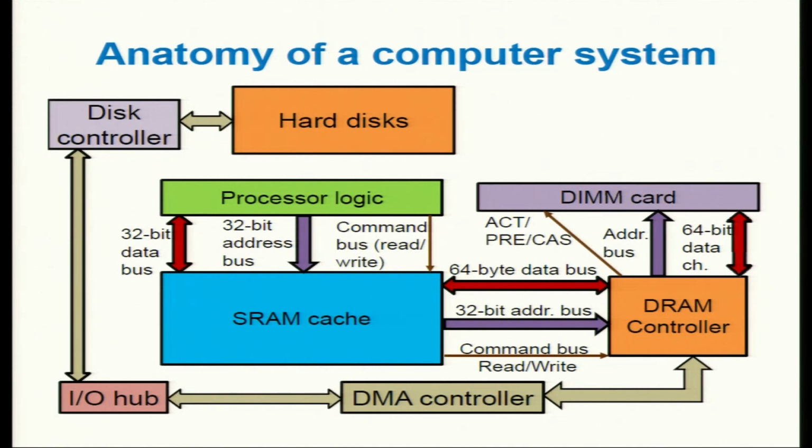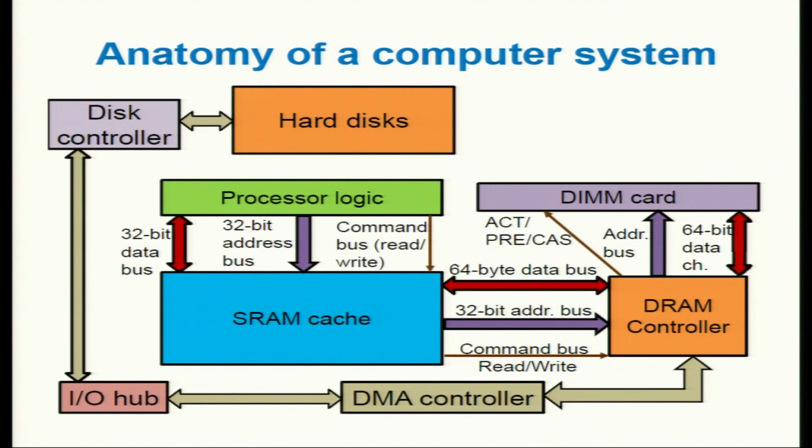And since this is on chip, it is quite small in size, maybe a few tens of megabytes. That may not be able to hold all your data. So if you can't find something in the SRAM cache, you have to go to the DRAM controller. And there the interface is typically fatter than what you have here. You have a 64-byte data bus. So that's the grain of data transfer between the cache and the DRAM. At a time, you can transfer 64 bytes of data.